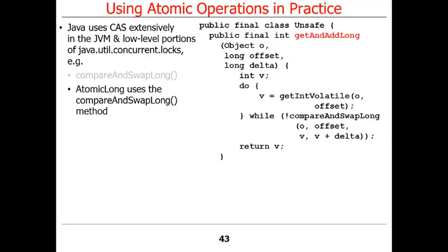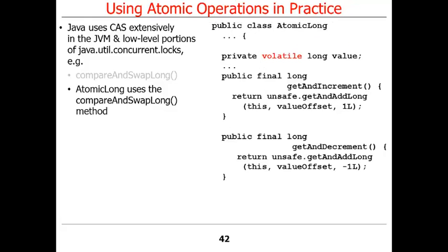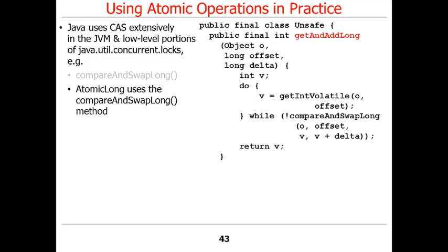And then if you were to go inside and look at the code inside getAndAddLong, what it basically does is take the object, which would be whatever the AtomicLong is, the offset, which is the value offset, and I'll show you how that gets set in a second, and then whatever we want to add or subtract. It goes into a loop, and while compareAndSwapLong, which is just the low-level, unsafe way of doing the compare and swap algorithm we just looked at,